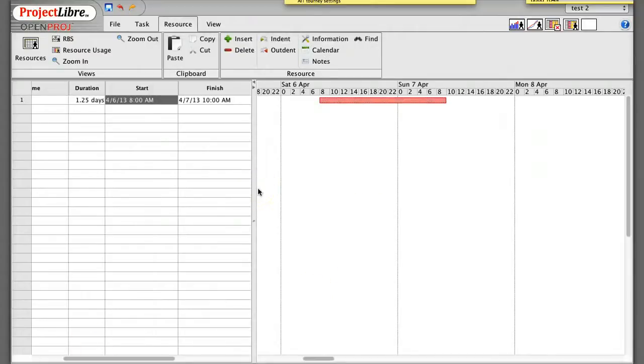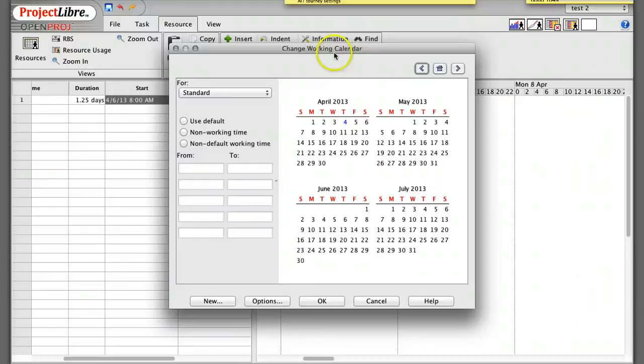But what if I don't want to work 8 hours on a Saturday or a Sunday or any other day for that matter? So in this case, I've got this 1.25 day or 10-hour activity taking place on Saturday and Sunday. Let's say I only want to work 4 hours on Saturday or Sunday. I go to calendar, I click on the day 6th,